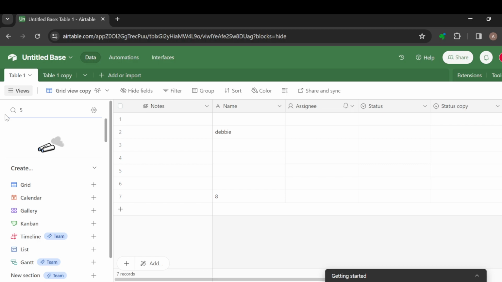The first step is to log in to your Airtable account, just like I have done here. And then once you're logged in, select the base that you'd like to work with. So once you selected the base and you're brought to the workspace, as you can see on my screen,